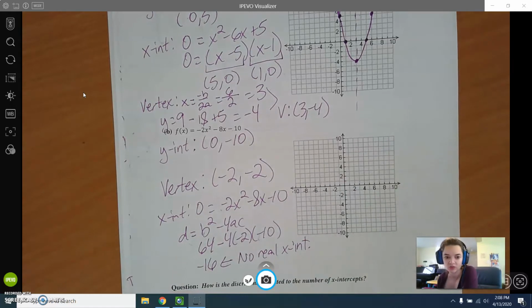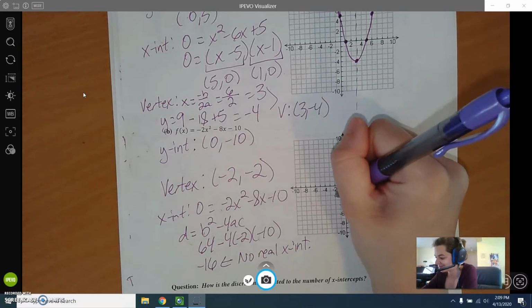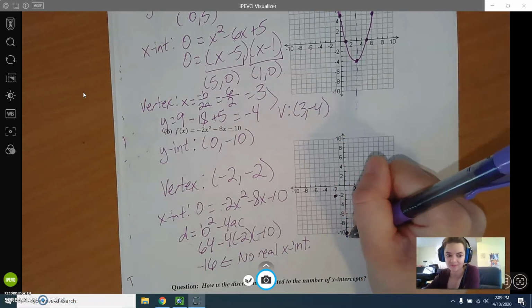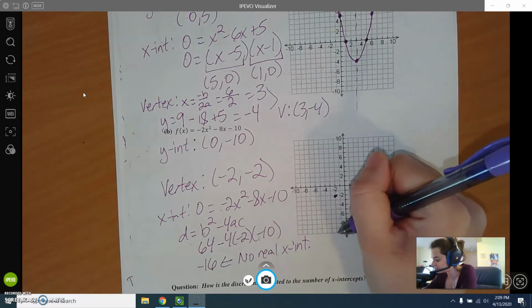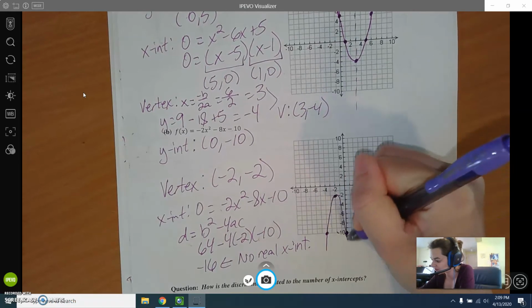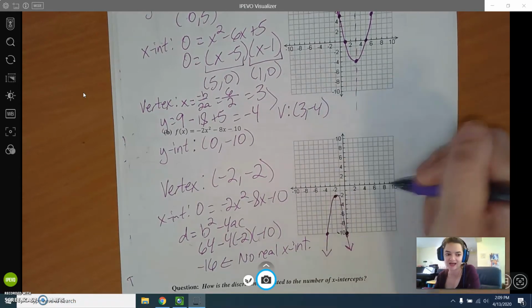Okay? So looking at the things that I have so far, and I'm about to run out of time, we have a vertex at (negative 2, negative 2), and a y-intercept at negative 10. You can make a symmetric point over here and go ahead and connect your dots and we'll be good. You notice it does not intersect with the